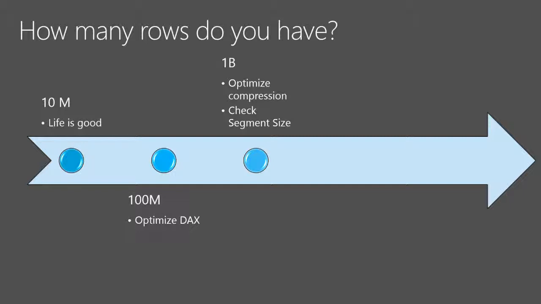And another important fact could be the segment size. In tabular, you can define how many rows are processed segment by segment. Why this could be important? Because the internal compression, the internal reorganization of the rows in order to obtain the maximum order is done segment by segment. So if, instead of providing 8 million rows, which is the default, when you have a very large table, you may increase this number to, I don't know, 32 or 64 million rows, which will require more memory during the process, but will produce a more optimized fact table. We have obtained very good results by doing this type of optimization.